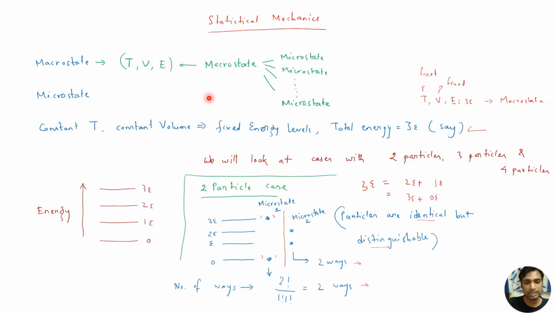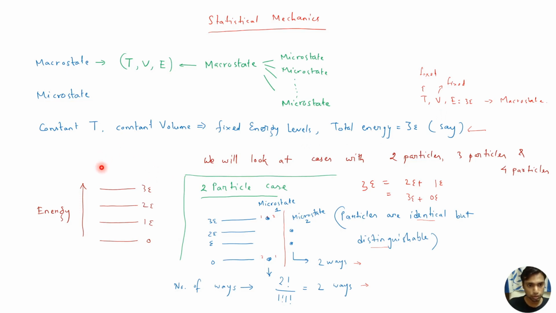And why we want to fix the volume here is because from a physics point of view, if we fix the volume, then the energy levels are clearly defined. Like if you have done a particle in a box problem, then if you fix the length of the well, then the energy levels get fixed. And we want to understand the microscopic interactions, so that is why we want to fix the V.